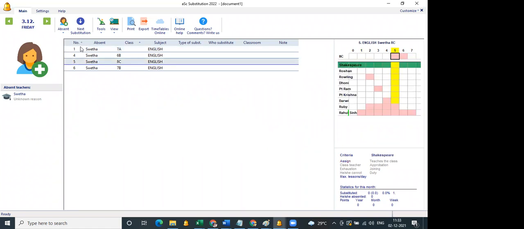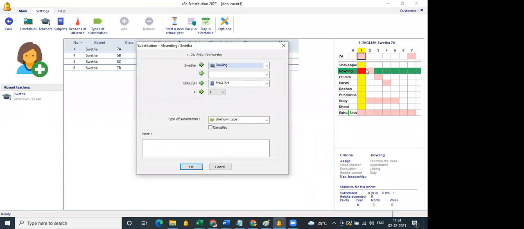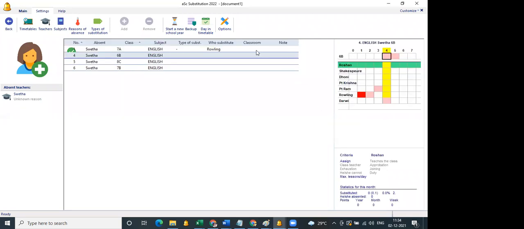Once you're done with the 1st, 4th, and 6th allocation, for 5th period alone, you can do it under settings. Anyway, if you're doing it manually, you'll know, madam, which teacher you're going to allocate. So I'll just finish allocating first. For 1st period, if I want to allocate teacher Pandit Ram or teacher Rowling, I just double click on that particular box. It has become red, which means that teacher Rowling is replaced for teacher Shweta. Similarly, I'll do this; it is manual allocation.